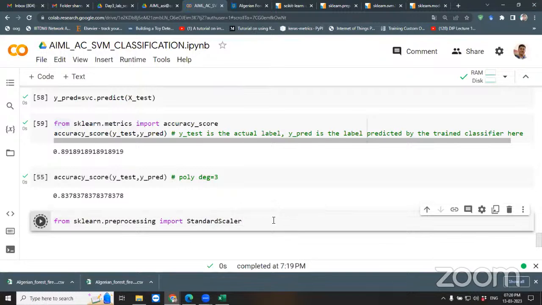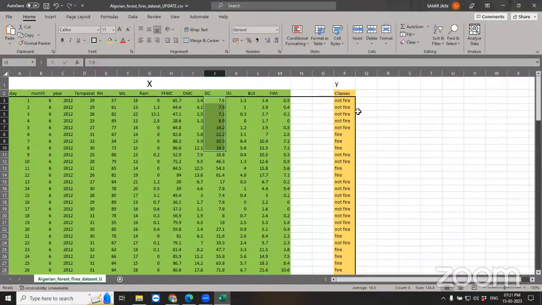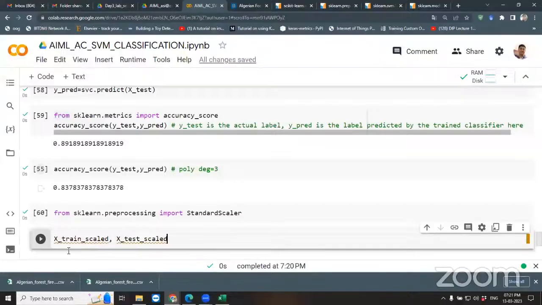Now, using this standard scalar, we can change the features. So how can we change? x train scaled, comma, x test scaled, because these features need to be scaled, not these labels. So we are not using y here. So x test scaled and x train scaled equals to,